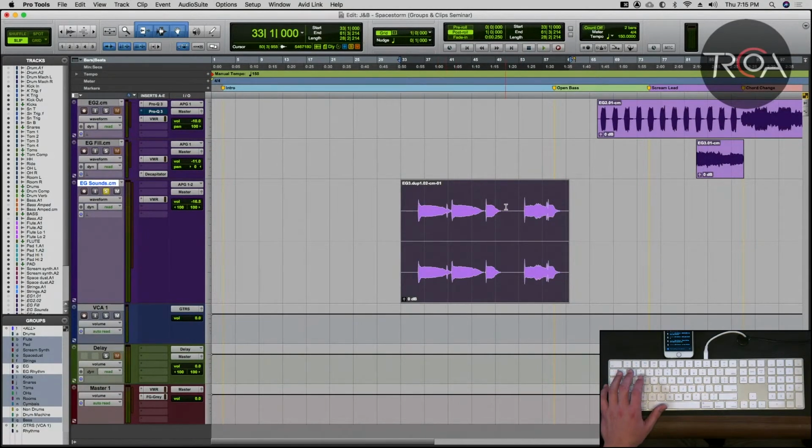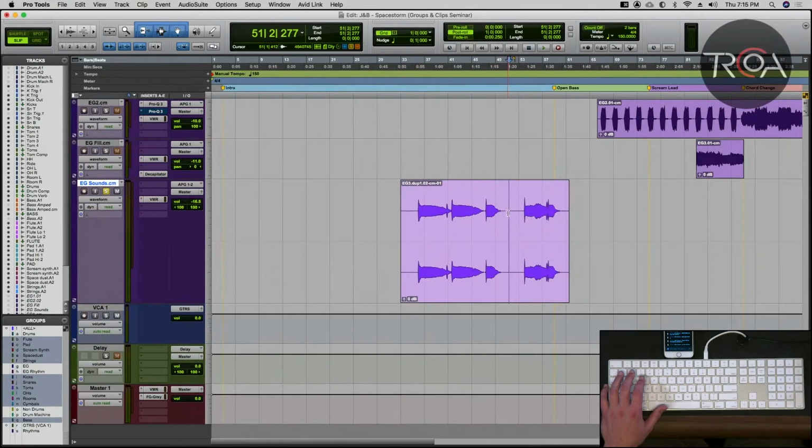I just wanted y'all to see that, just so you can see that you can do fades very quickly with batch fade with Command F. So now